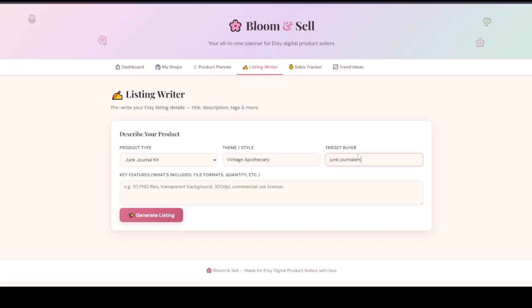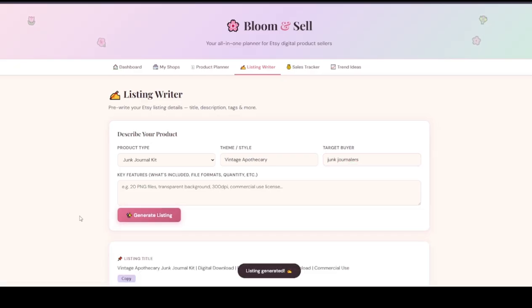I'll just put that in there for now. And then you might want to add features of it, like what you want added in the description, like how many files, how many pages, if it's commercial use, etc., etc. Then I'll go generate listing,